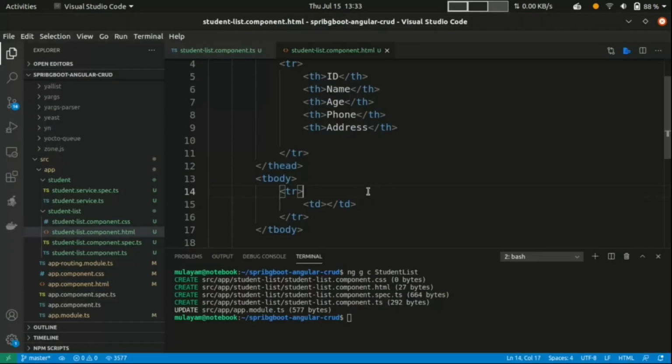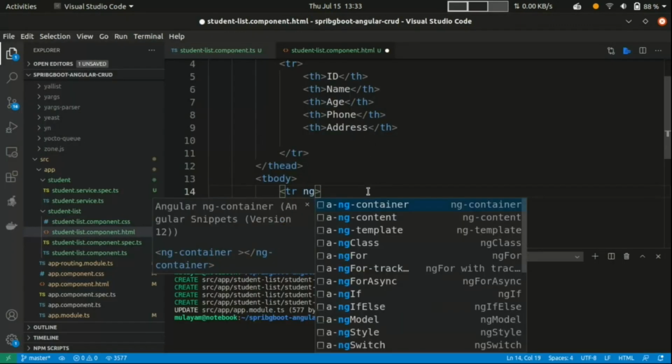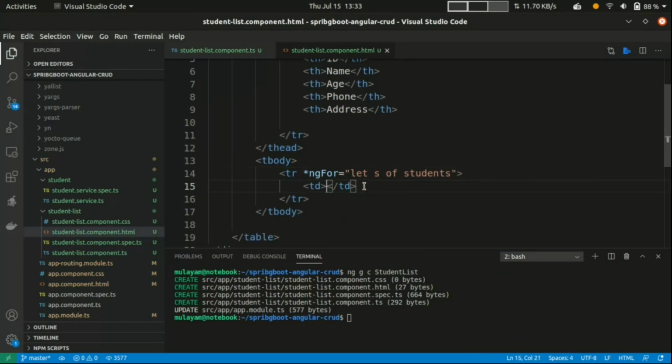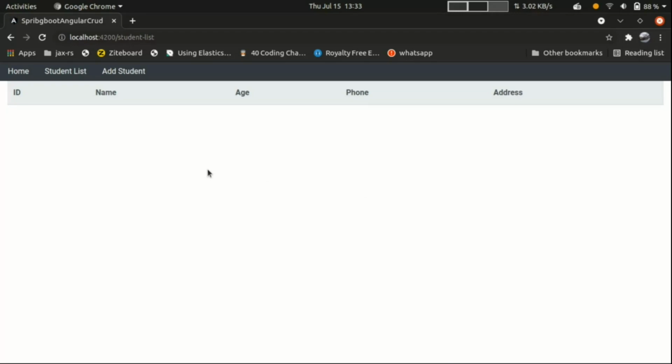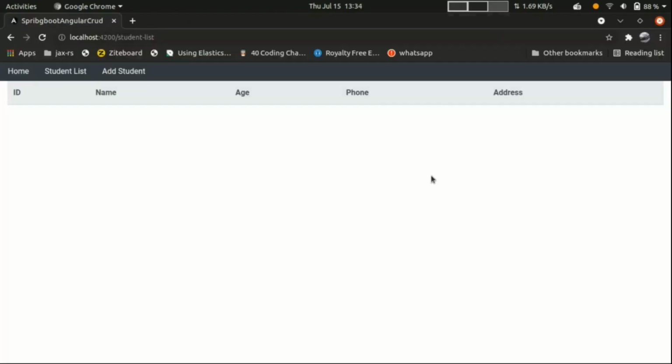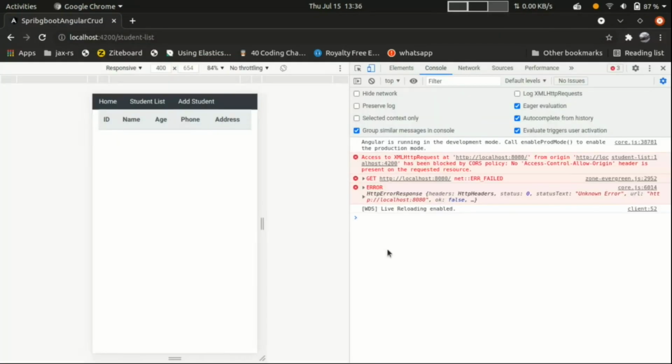Now let's write ngFor, let s from the students object, the student model, and write s dot id. Now I should see the list of IDs, but I'm not seeing them. Why are we not seeing it? Let me check.